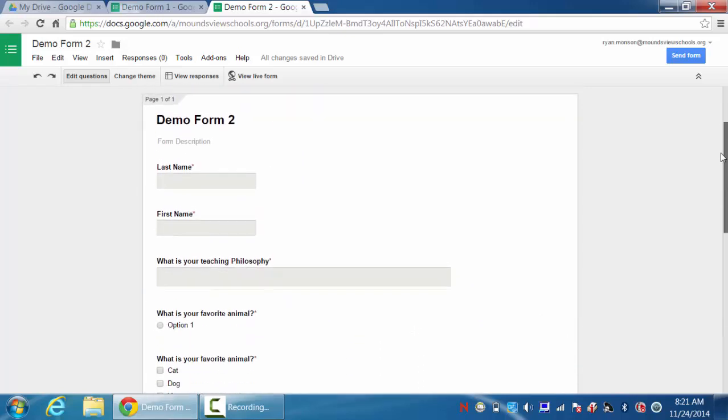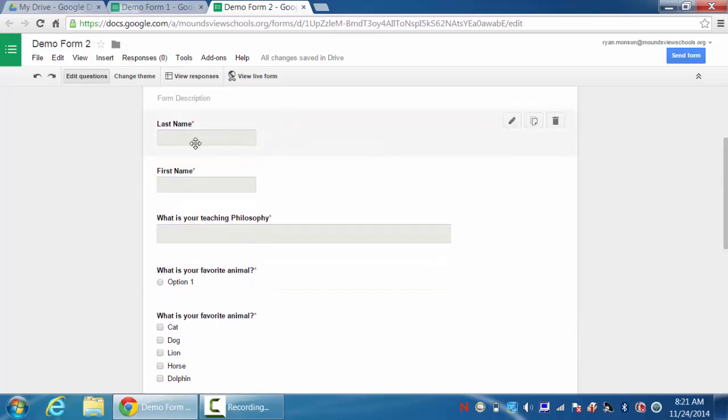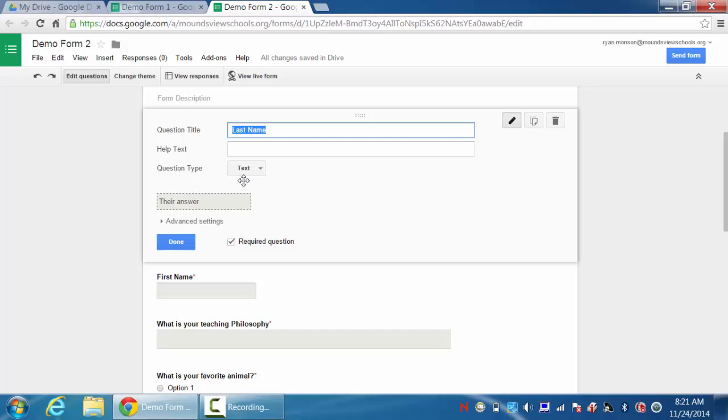So here's a form where I've already done some of the different questions. The first two questions are just text questions. So you make your question title, and then the answer box is a fairly small answer box where they can type in their answers. There's also on most question types an advanced setting tab, and I'm going to go into